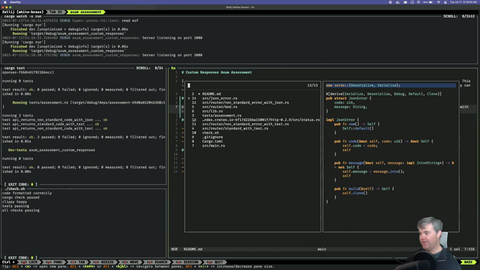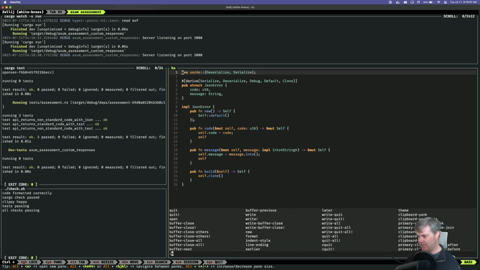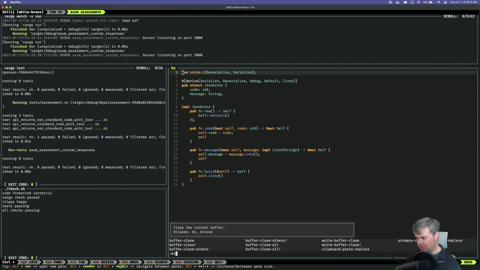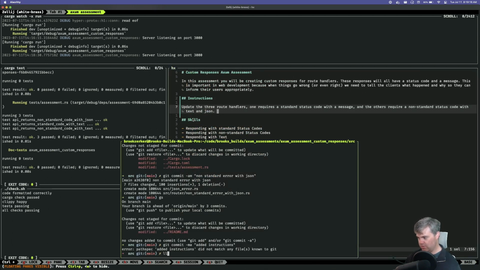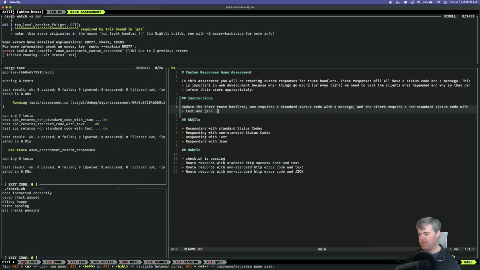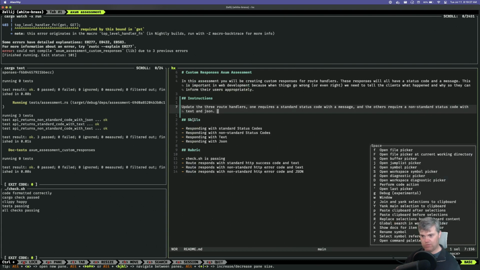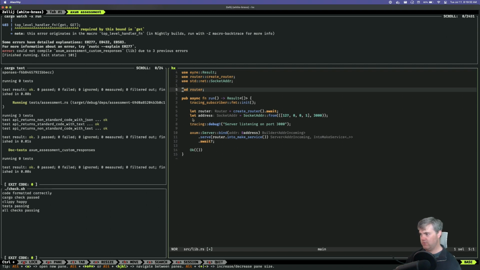JSON error. So what I want to do is remove JSON error as a page. This will be interesting. So I want buffer close. Oh, which I could do is BC. So I'll remove JSON error, which means I need to go to lib, remove view.